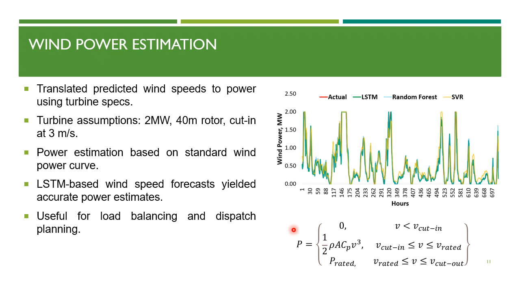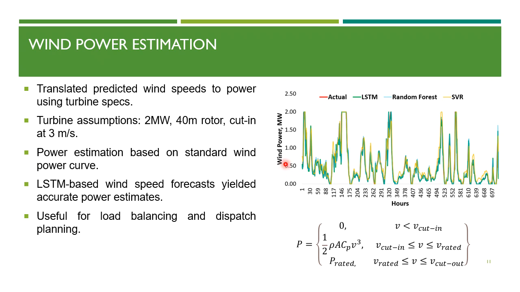Using a standard wind power equation right here on the bottom right, and making assumptions for the wind turbine used, for example, the Vestas wind turbine, which has a 40-meter rotor and a 2 megawatt rating, I computed the power outputs, and the LSTM power forecast closely matched actual